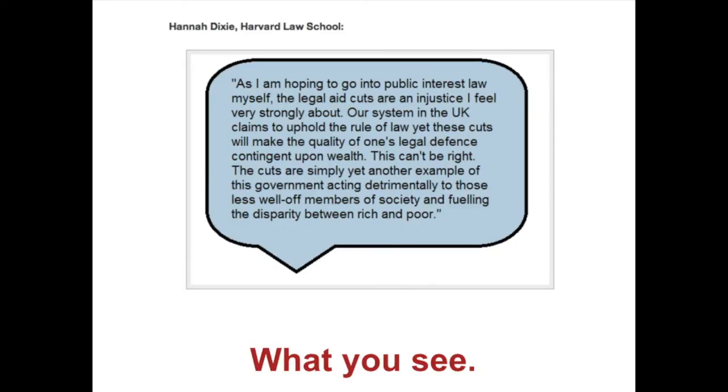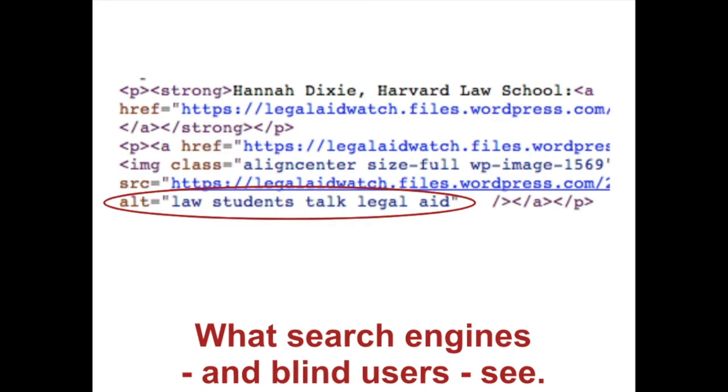Images are particularly important and another area that's often overlooked. This was an image of a quote from a story. Now, what you see might be the image, but what search engines see is the alt tag underpinning it, primarily. So in this case, the alt tag is simply "law students talk legal aid." Well, this is problematic on a number of levels.